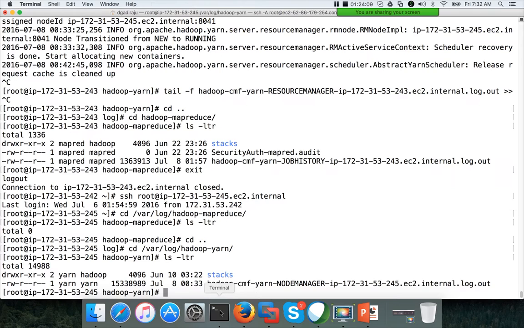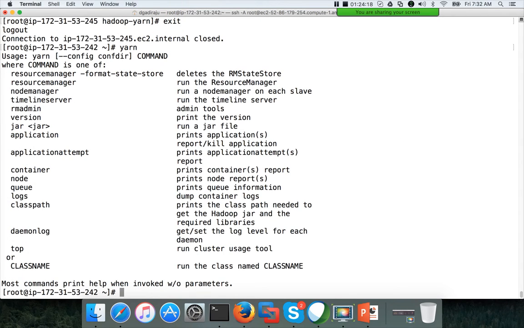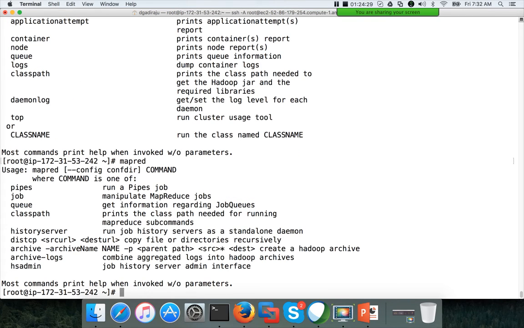Now the command line interface, I have already shown you a little bit. Again I will review. So yarn is about yarn applications. Even when the MapReduce jobs are running under yarn, you should use mapred in some cases where you want to get the details about the MapReduce jobs. So yarn is a command to get the details about yarn applications or yarn level details. Mapred is for the individual MapReduce jobs that are submitted and executed using the yarn framework. So you have to be familiar with both of them.